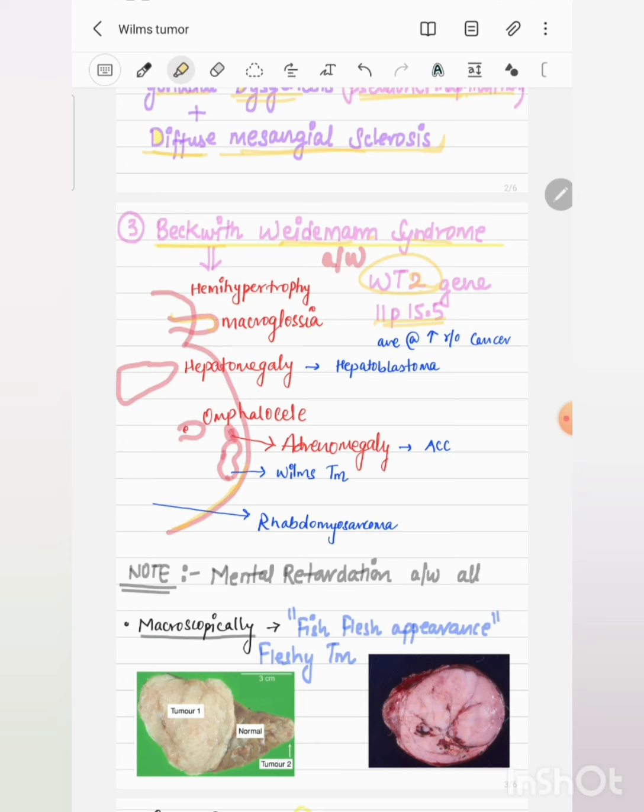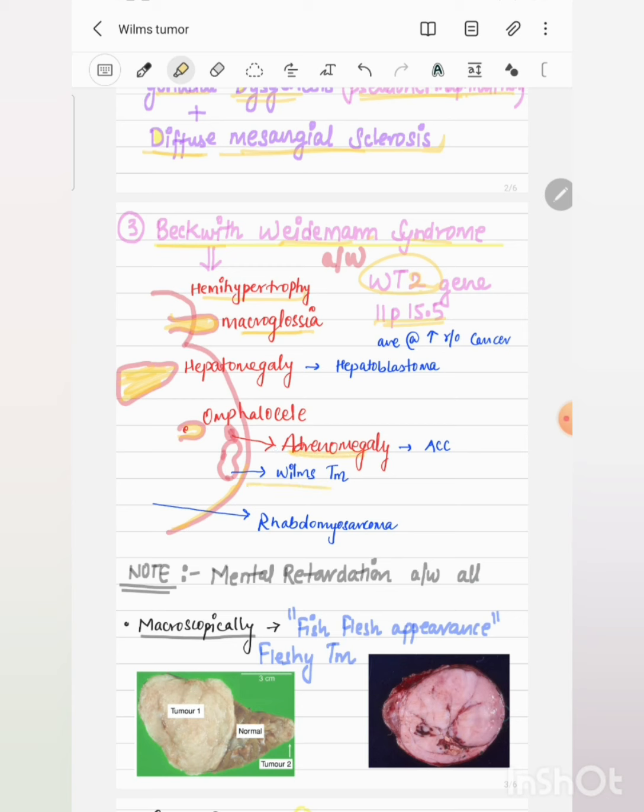In Beckwith-Wiedemann syndrome, there is hemihypertrophy, and also macroglossia, hepatomegaly, organomegaly. Everything just enlarges. So there is hemihypertrophy, where half of the body gets enlarged. Macroglossia, the tongue enlarges; the liver enlarges, hepatomegaly; omphalocele,